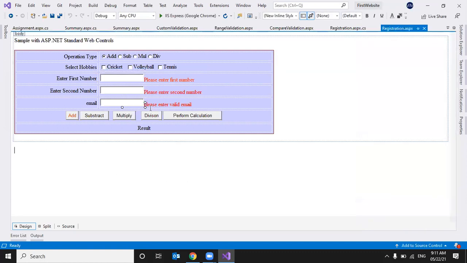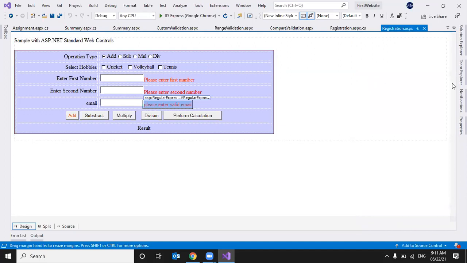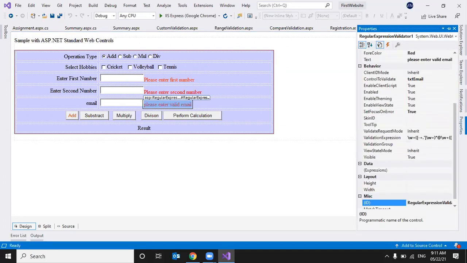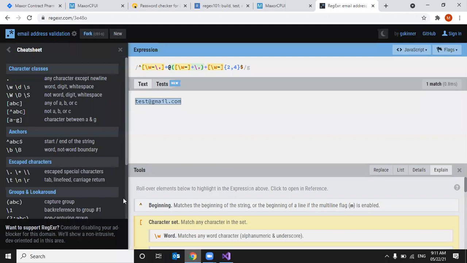Next, we talked about the regular expression validator. It is used to validate the control data against a given expression or pattern. We write expressions using some characters, which we call a cheat sheet.